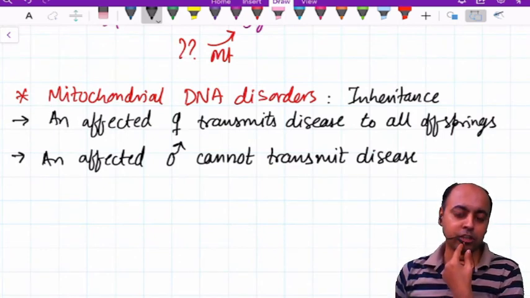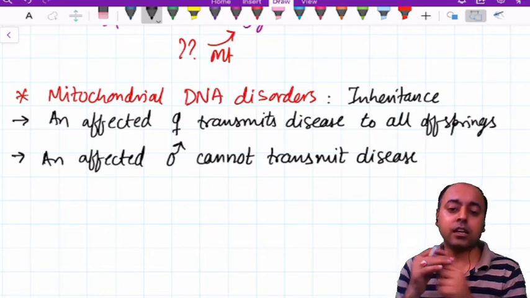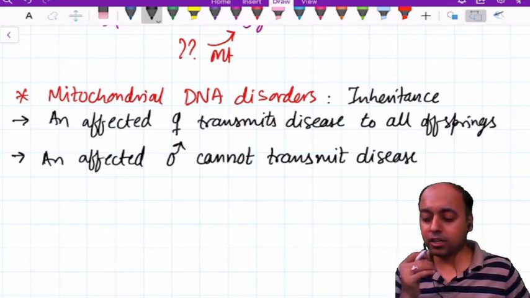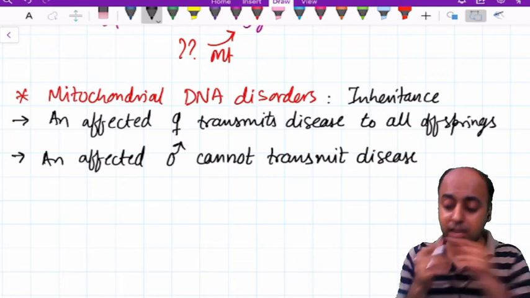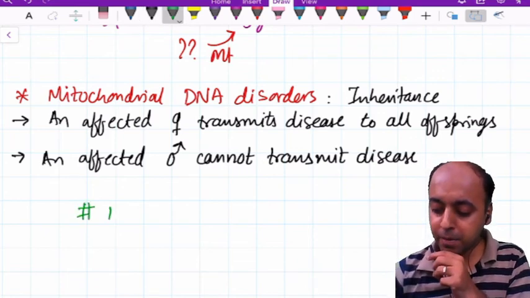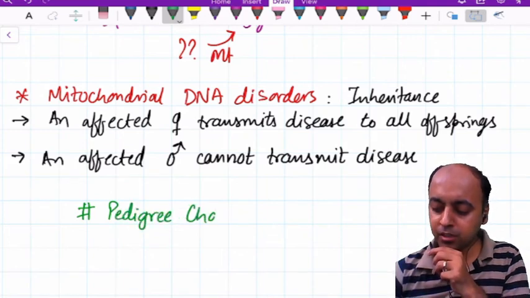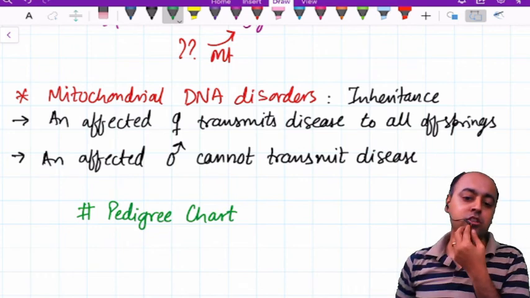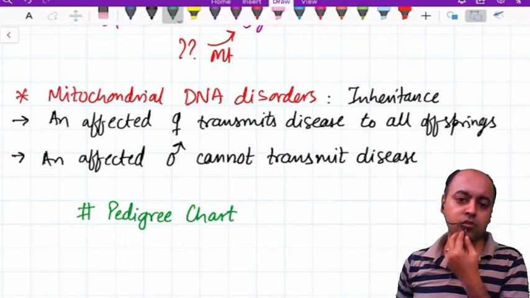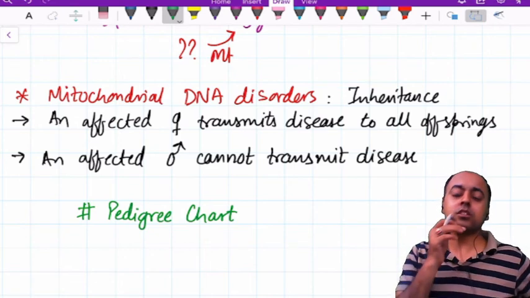So when we talk about mitochondrial DNA disorders, these are the two rules which are followed in the inheritance, and based on that, we can have what is known as the pedigree chart. I will not draw the pedigree chart. I know you already know about the pedigree chart, but they will discuss next year in pathology. So I'll not go into the pedigree chart for mitochondrial DNA disorders,